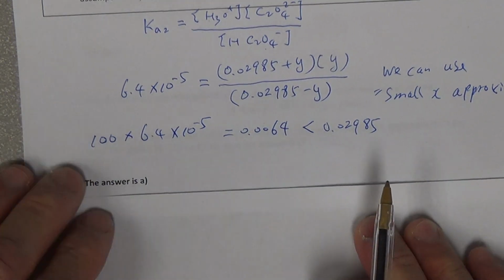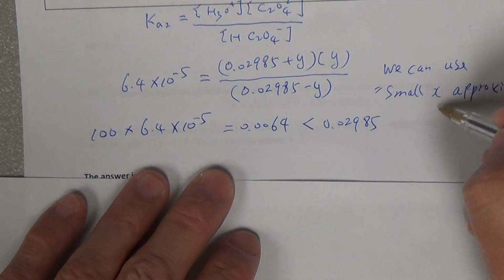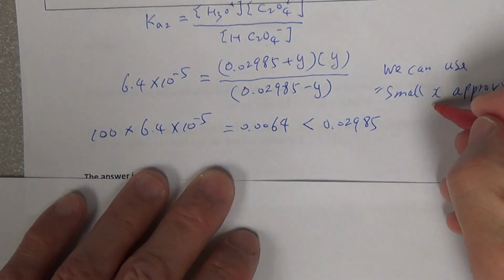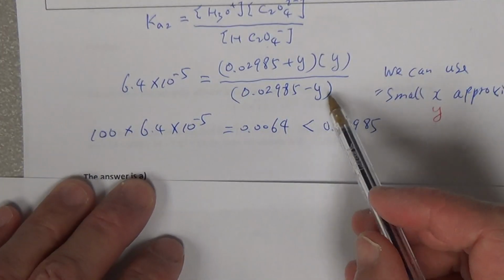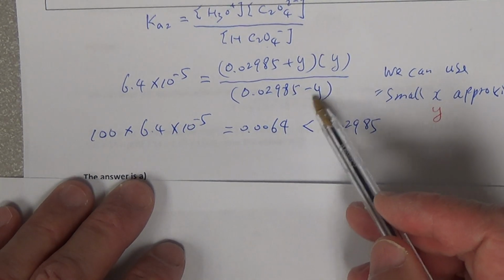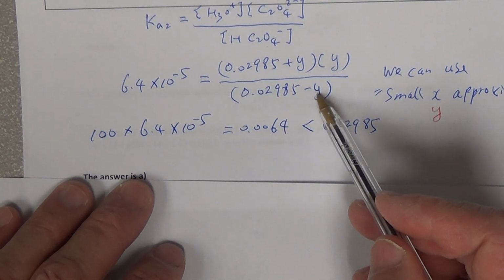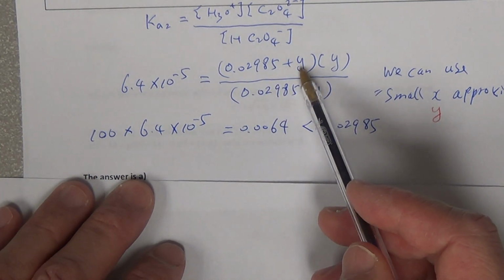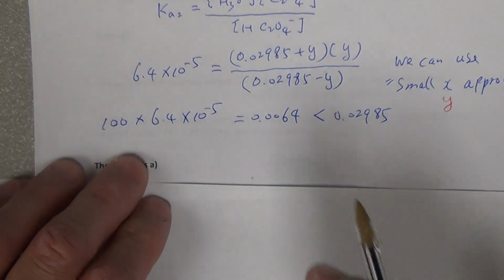So therefore, what that means is we can drop the small x, or here the small y. Whenever there's a y subtracting from a number or adding to a number, we just assume that y is so small compared to those numbers. So this number minus a small number y is still this number, and this number plus a small number is still this number. So this equation